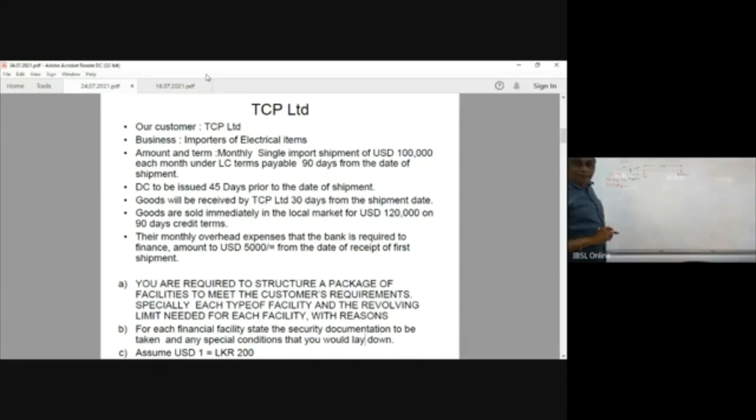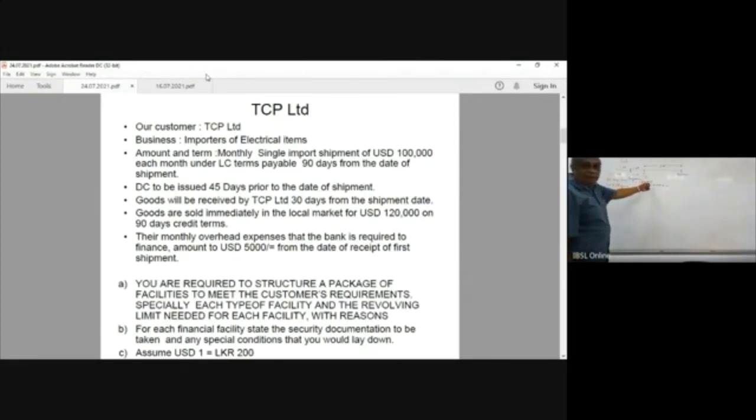Their monthly overhead expenses that the bank is required to finance is US dollars 5,000 from the date of receipt of first shipment. At this point, overhead expenses US dollars 5,000 per month. Right? Then